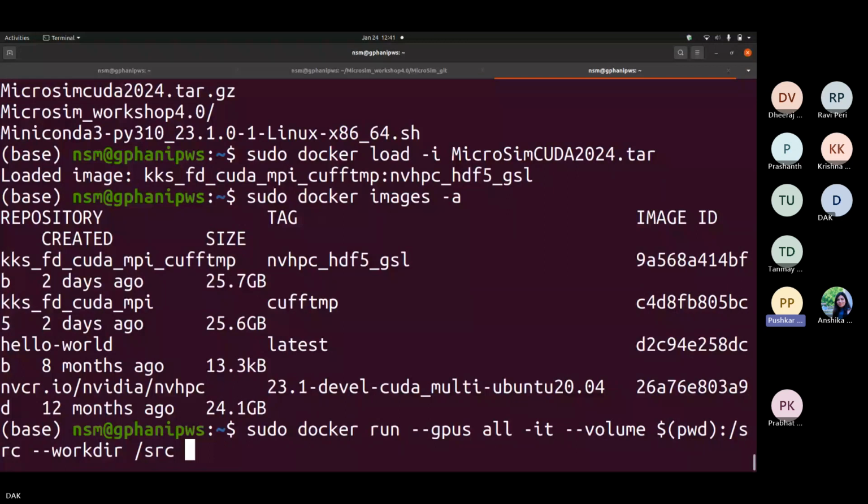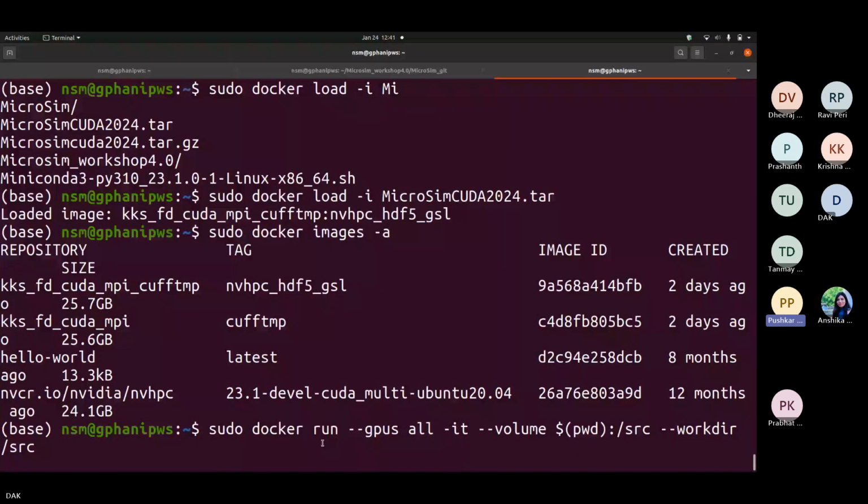See, this is the command to create a container, and here we are creating a source mount. The source is one directory which you have in any of your folders, like Desktop or Documents, whatever you run in your Docker. Actually, let me start with the Docker image. Your Docker image has the NVHPC and whatever modules or packages we have put into the image, and we have committed that. So you don't need to install NVIDIA NVHPC or anything on your laptop except the toolkit. Now Docker will take care of all the